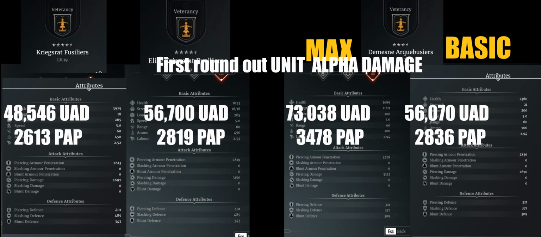So the Silver Era arquebusiers, in the first round they'll do 73,000 damage, assuming they hit, which as was pointed out to me in the crossbow video, they probably won't, but if they did hit, that's the damage they would do. And they would do it at 3,478 piercing armor penetration, which means that they can pretty much pen and damage anything, right? And so the Kriegsrat Elite aren't close to that, nor is the basic,